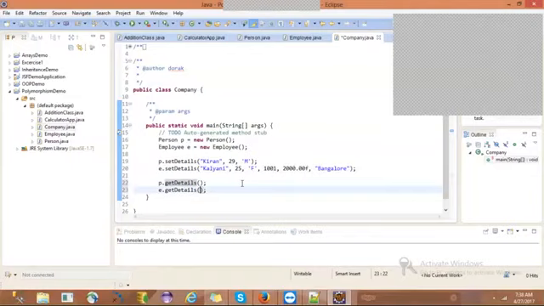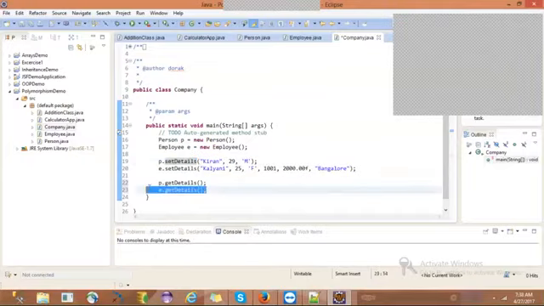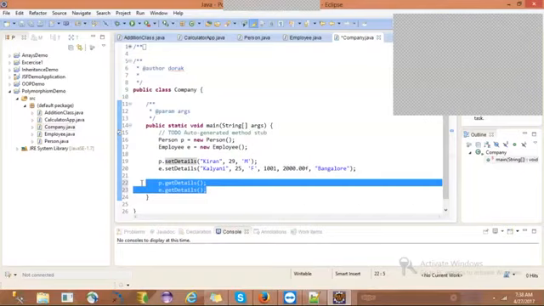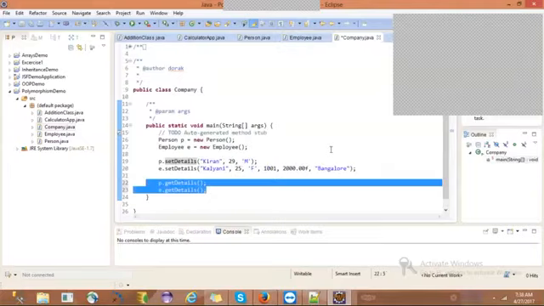So this set details method is an example for method overloading. These are overloaded methods, right? And get details method is an example for overriding. So now how we are using it, you just observe. Before, we understood how to create overriding methods here in get details. Now we are trying to understand how this overriding method is being used in our user classes.